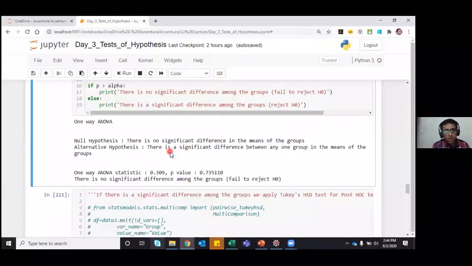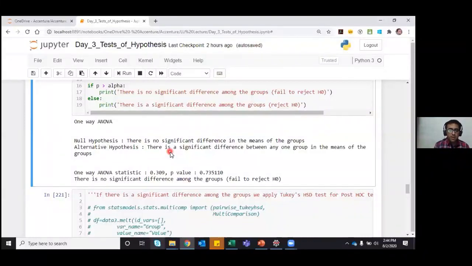It may be the case that the mean of one group and the mean of another group may not have any significant difference, but the mean of height 1 and the mean of height 3 may have a significant difference. So ANOVA will tell me, yes, there is a group which has a significant difference from another group. It will not tell me which of the groups it is, but it will just give me an indication that among the 3 values that you have, there is a significant difference between some pair of groups.